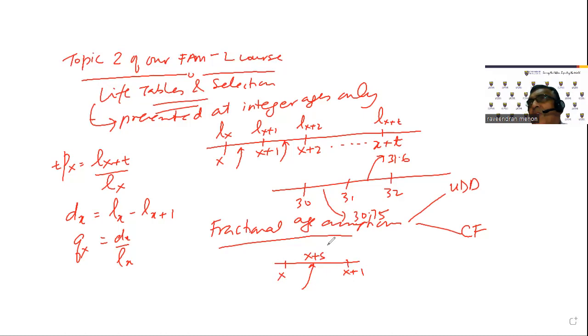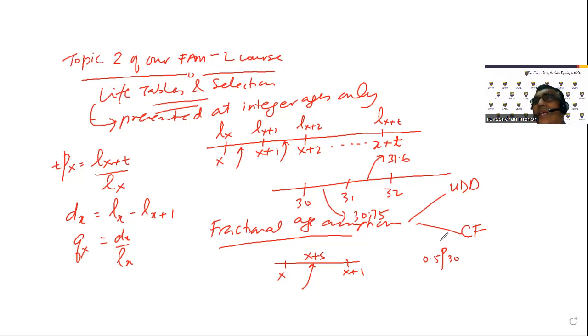We want to talk about these things. We have x and we have x plus 1. Let's say we want to find the probability that somebody age 30 will live for at least another half a year. So now we are looking at,